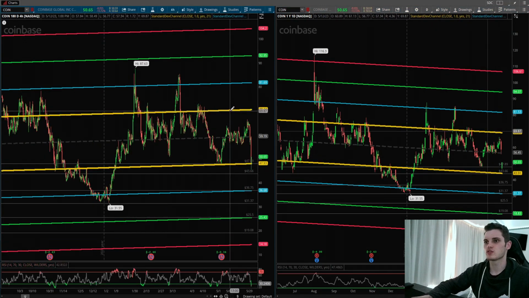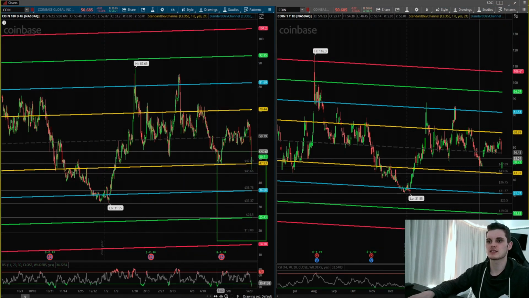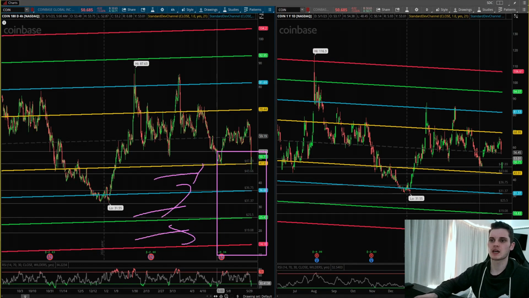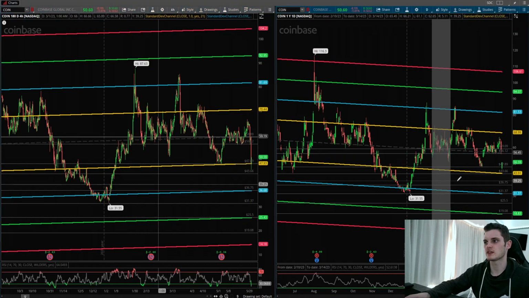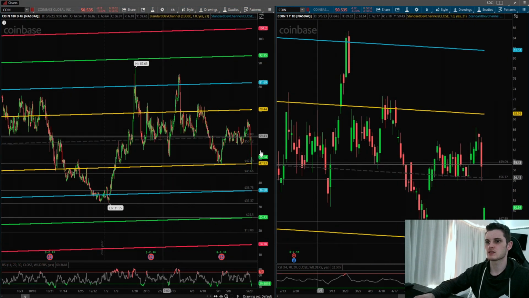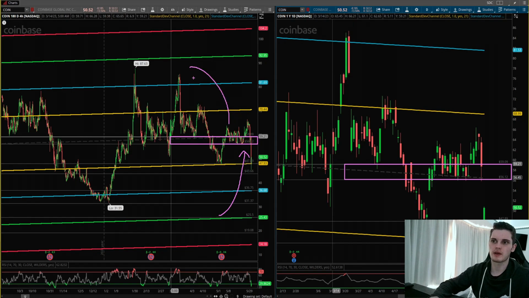Now, onto the resistances, I don't think they're going to be too key now, considering we have had a negative catalyst and we are moving to the downside, so these ranges will be more key. But if we did push to the upside, we did talk about the $56 and the $59 level. This is statistical mean. This is considered fair value. This isn't a level we trade off of, but a level we trade to. So if we were holding long below this level, that's going to be our target. And for any reason we're short above this level, that's usually going to be our final target.